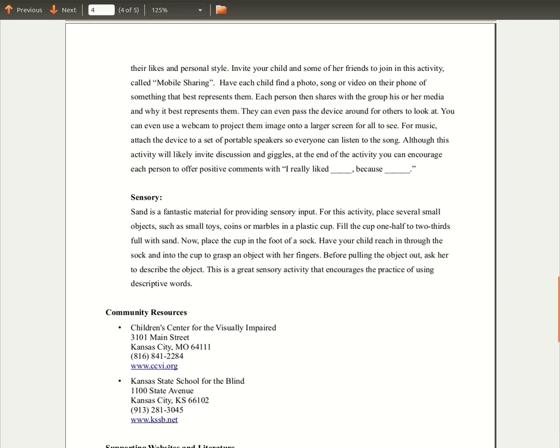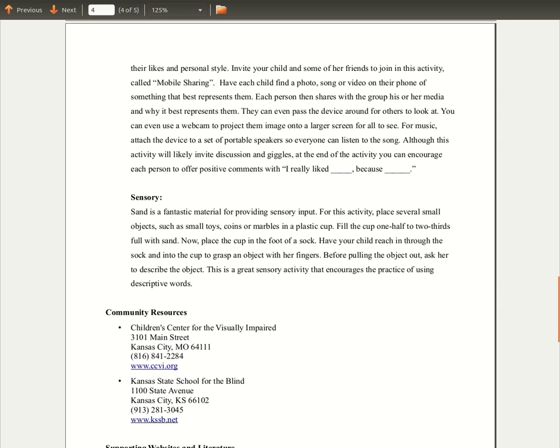Now, for your child who may have a visual impairment, you can use a webcam to project the image onto a larger screen for everyone to see. Now, for music, you can attach the device to a set of portable speakers so everyone can listen to the song. Although this activity will likely invite discussion and giggles, at the end of the activity, you can encourage each person to offer positive comments with,